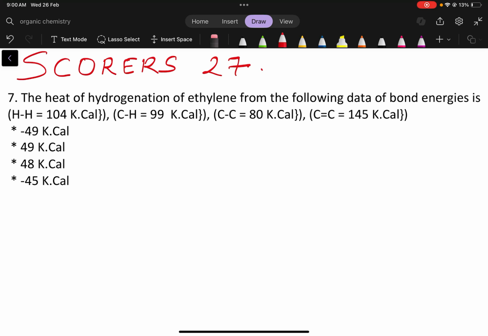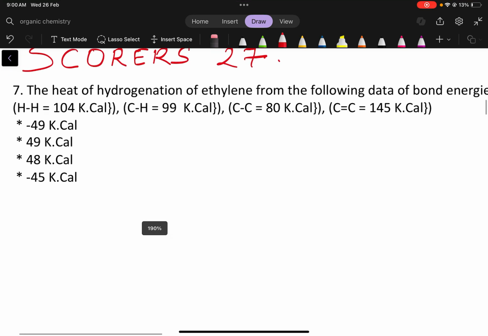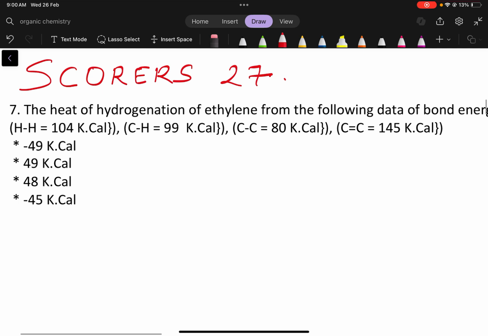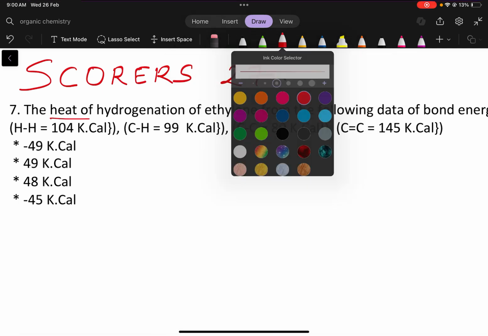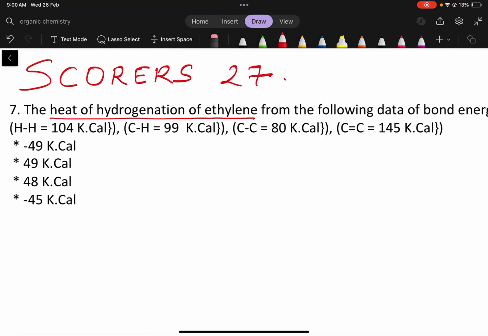So, today the question is: the heat of hydrogenation of ethylene from the following data of bond energy is what? Here it is given as heat of hydrogenation of ethylene. So, what is heat of hydrogenation? First, let us find out what is heat of